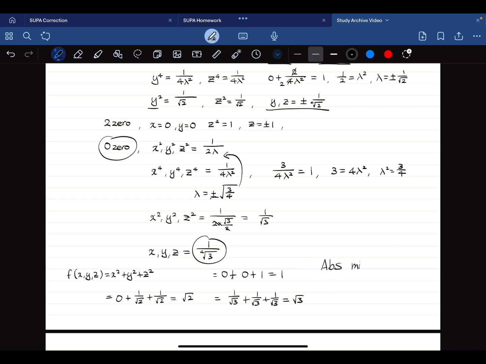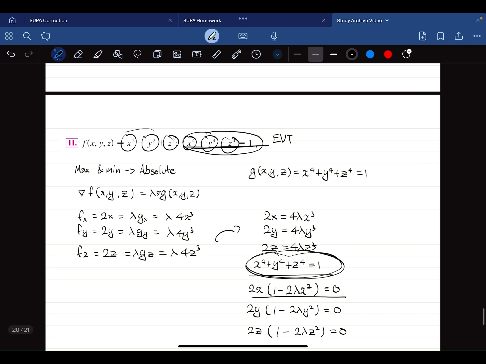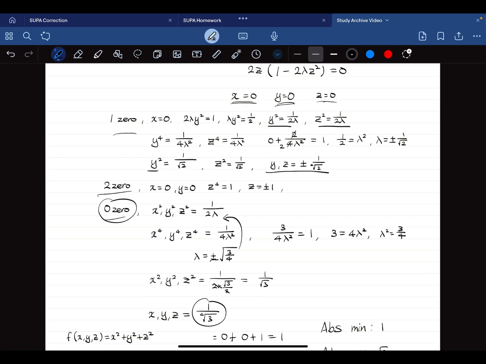So our absolute minimum in this case is 1, and our absolute maximum is root 3. Of course, we can look for all the different scenarios when x is 0 and y and z are not, and y is 0 and x and z are not, but in this case,